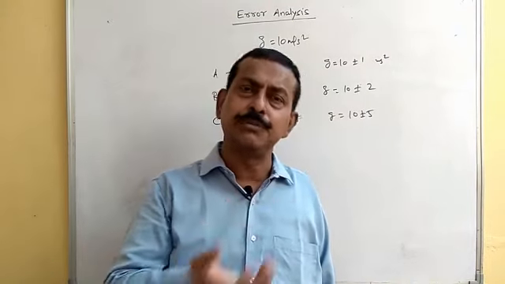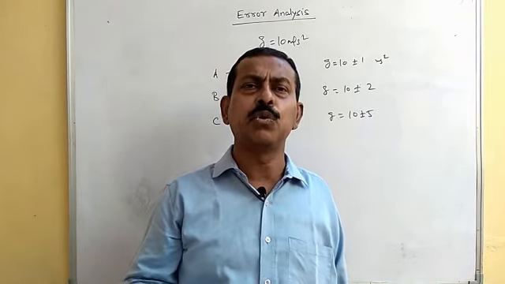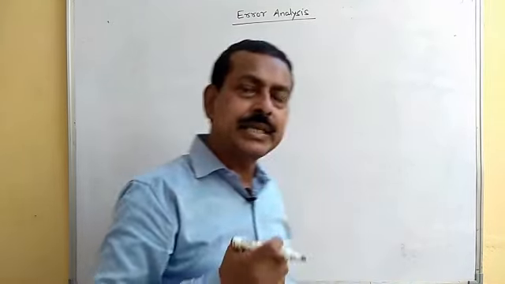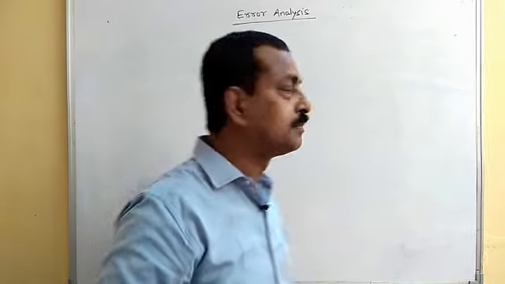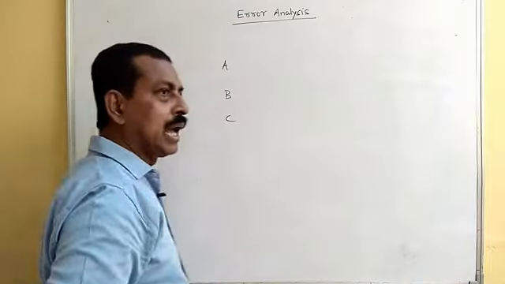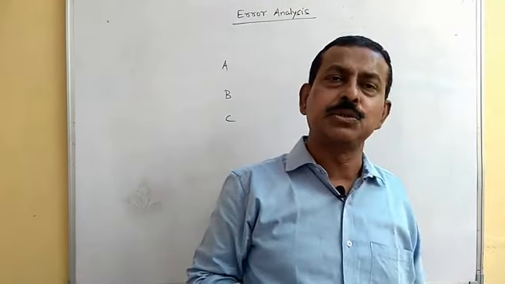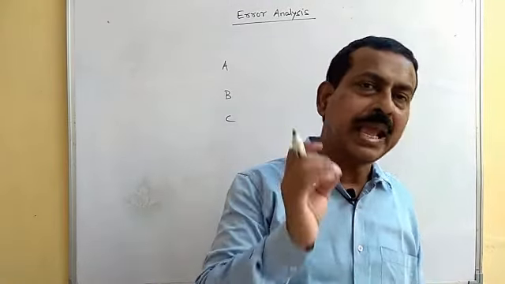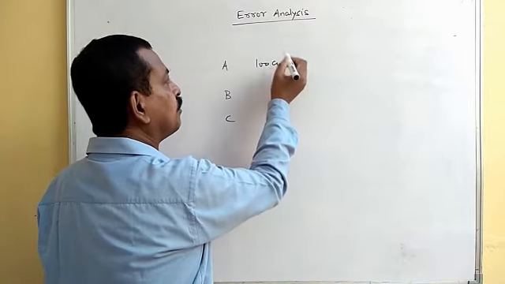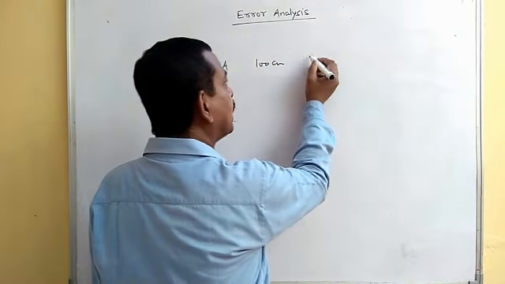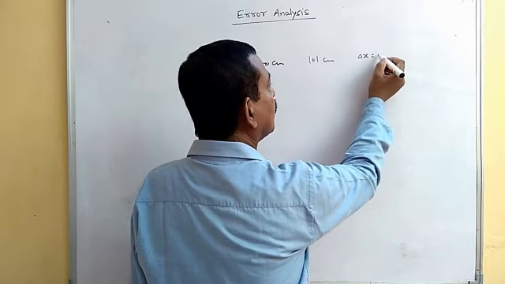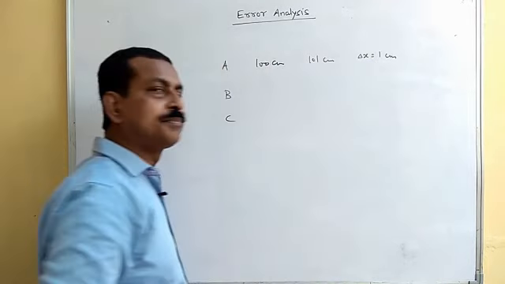But suppose absolute error is enough, why do we go for the relative error or fractional error, percentage error? Let's take another example to understand this. This time again A, B, C have been given the experiment to measure the length. A has been given a wire of length 100 centimeter and he measured the length as 101 centimeter. So how much is the error there? It is 1 centimeter.